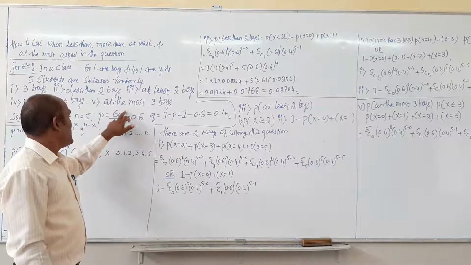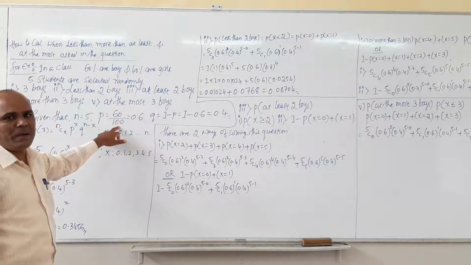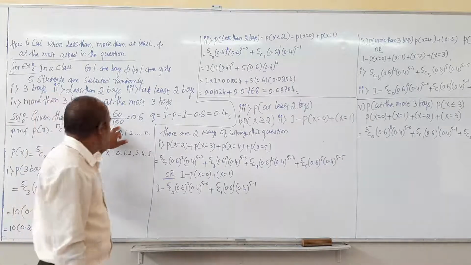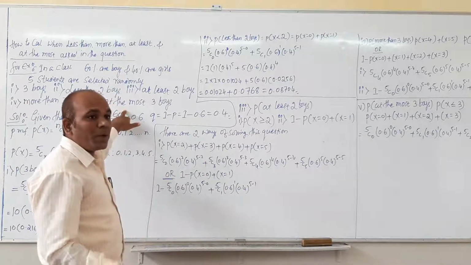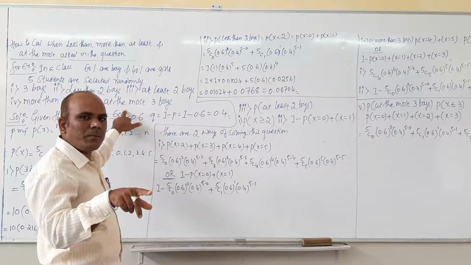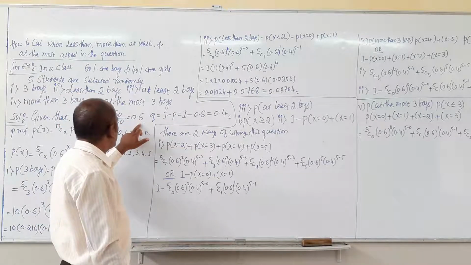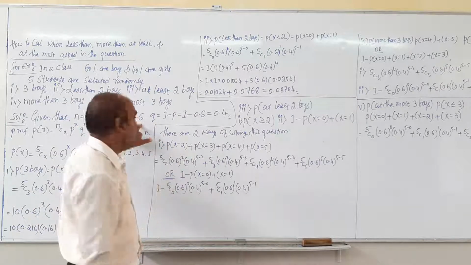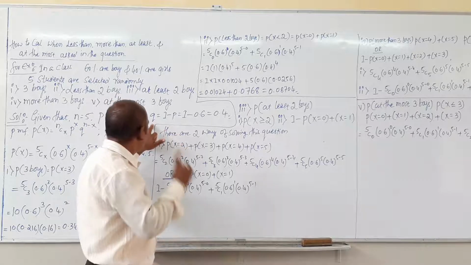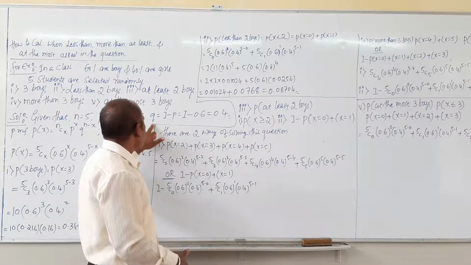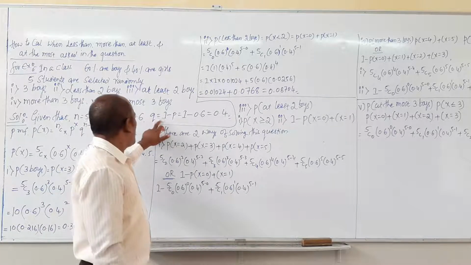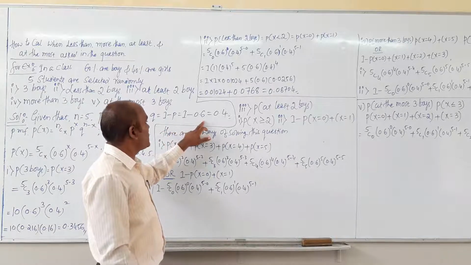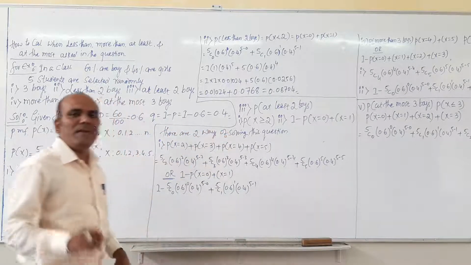p equals 60 divided by 100. Why should we take 60 divided by 100? Because they have given 60% are boys and 40% are girls in the class. Whenever they mention a percentage, you have to divide it by 100, then you will get 0.6 as p, because we are going to select boys. So p equals boys. Then q is nothing but girls in that class. So how to find the value of q? q equals 1 minus p. 1 minus p means 1 minus 0.6 equals 0.4. Then the value of q is also found.